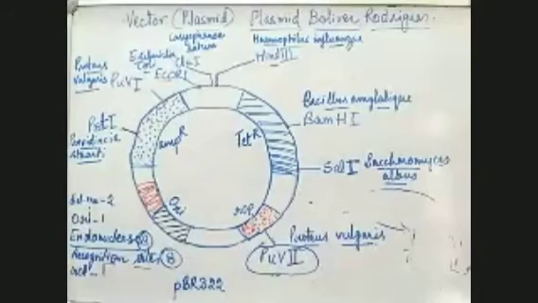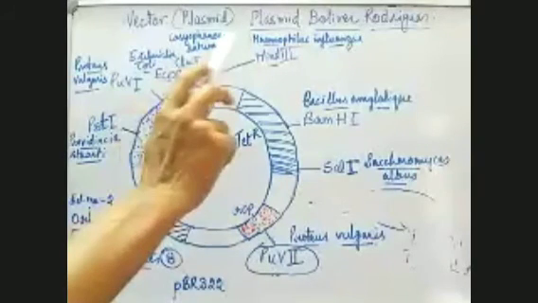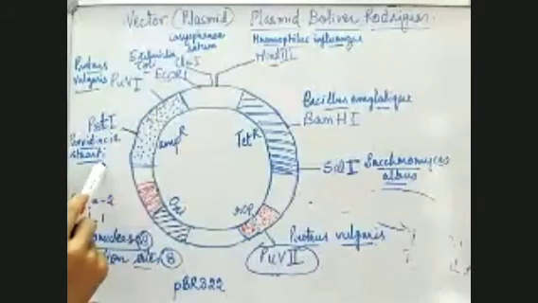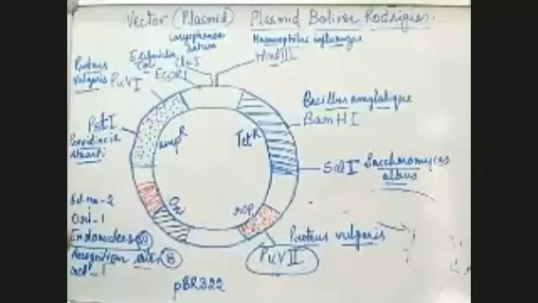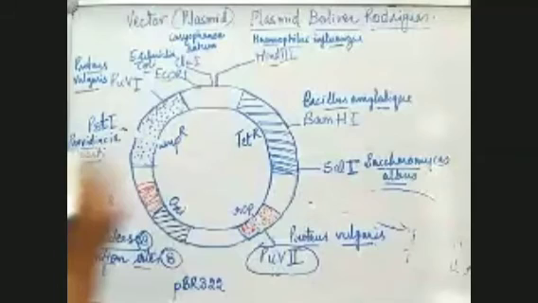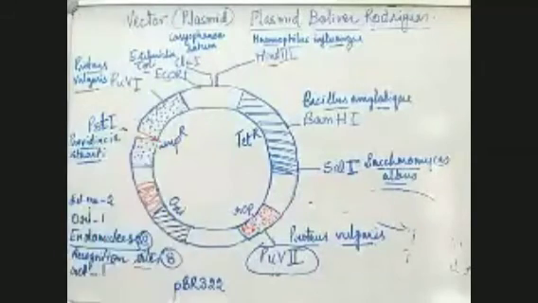So suppose Amit Katoch is taking this plasmid, and Amit Katoch has, say, Providencia stuartii. So Amit Katoch will make a cut here, because he has only this endonuclease. So Amit Katoch will use his PstI. He will make a cut here, and insert his desired gene here. So this is what recognition sites are.